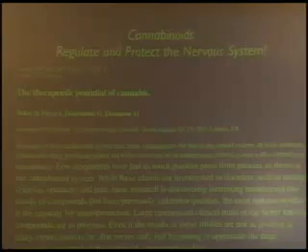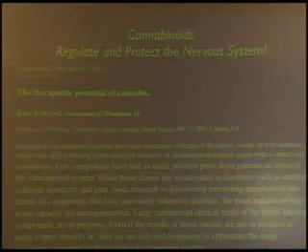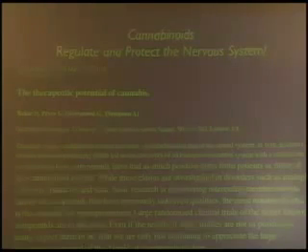So, as was already discussed, cannabinoids have a profound influence on the nervous system, and